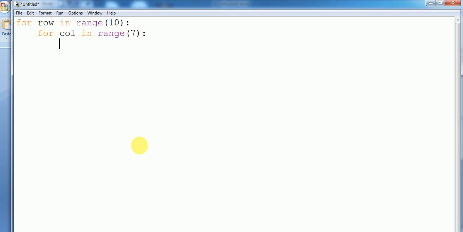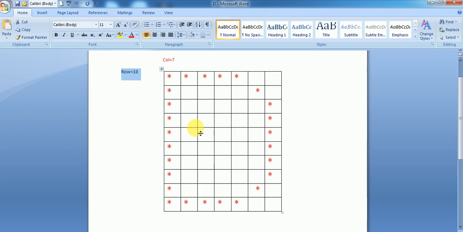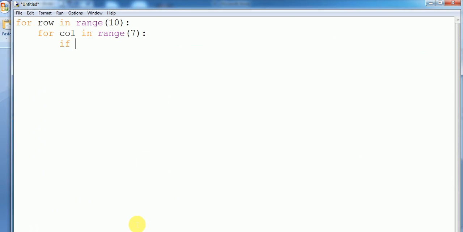so we require some condition. See here, if column is 0, then we want to print. Okay, so for this column we want to print first. So the condition is if column is equal to 0, then we want to print a star, or